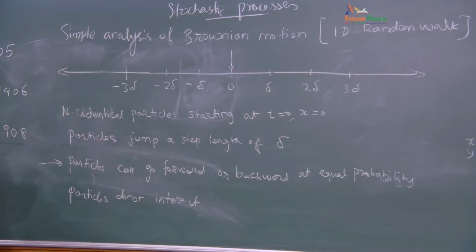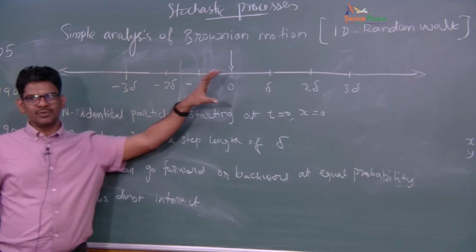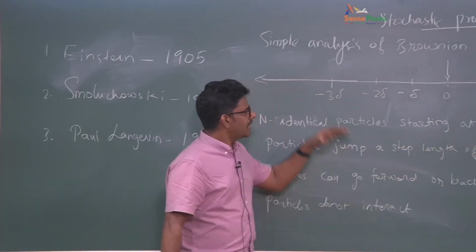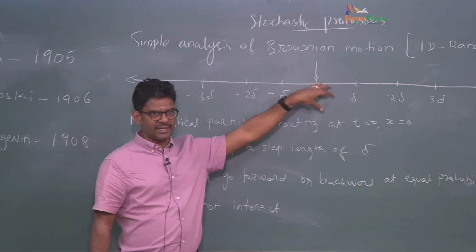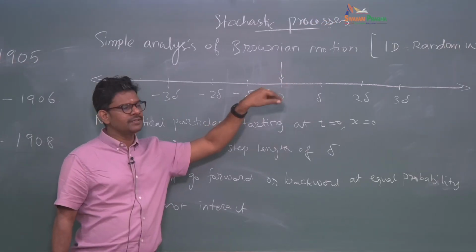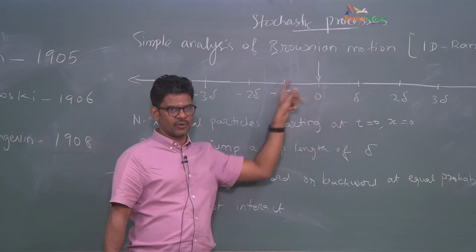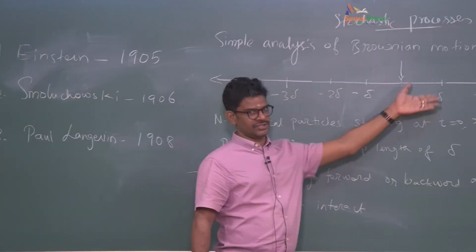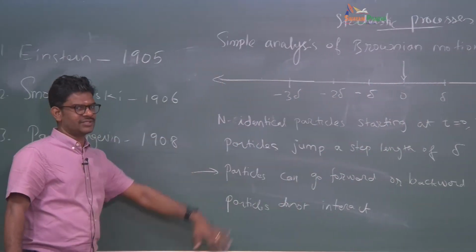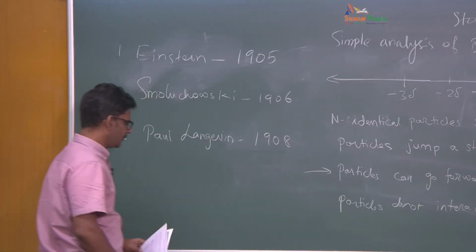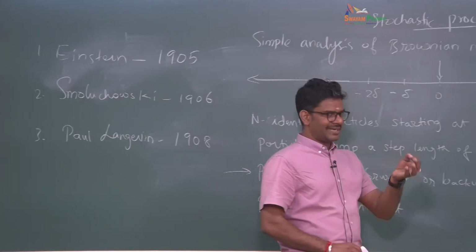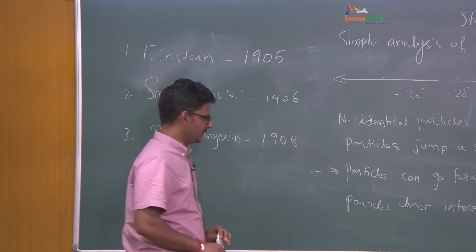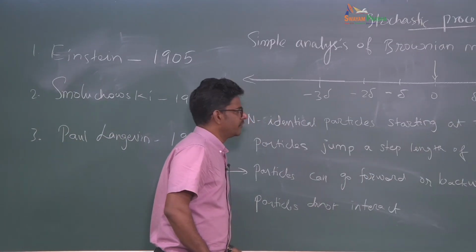Let's go over it one more time. What we are saying is we are restricting the problem to one dimension, and the space is now discretized into a unit step length of delta, and I am starting with the origin, putting N particles of an identical kind, and the particles are allowed to move backward or forward with a probability of 0.5 each, and this probability is independent of the current location, and the particles do not interact. These are the set of assumptions that we can make. So with this, what we can ask is, given a particle i, what would be its current location? That's something that we can ask, and then we can deduce some useful information from there.